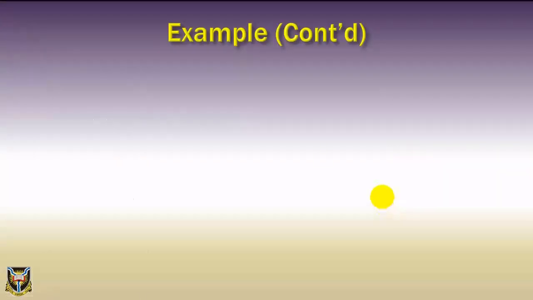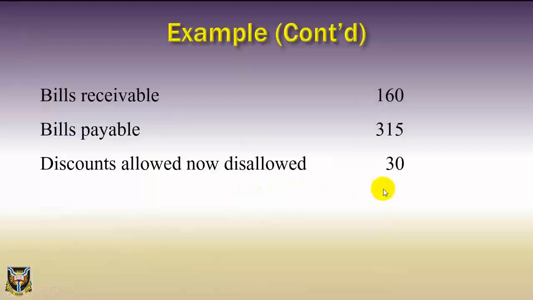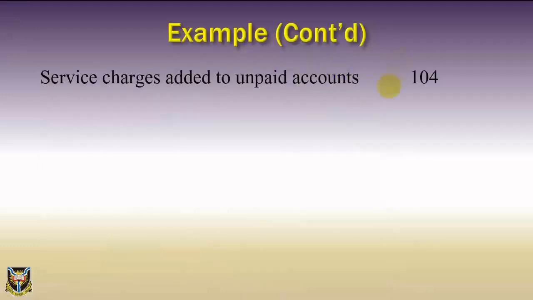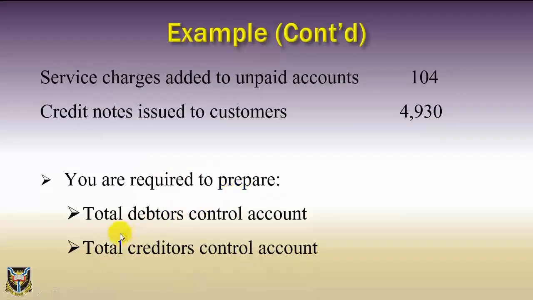Bills receivable 160. Bills payable 315. Discounts allowed now disallowed 30. Service charges added to unpaid account 104. Credit notes issued to customers 4,930. You are required to prepare